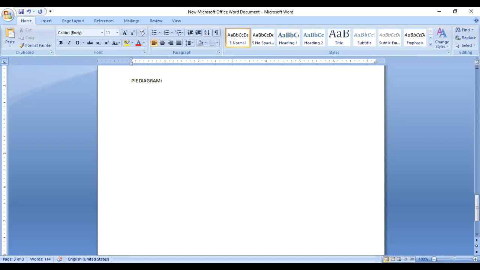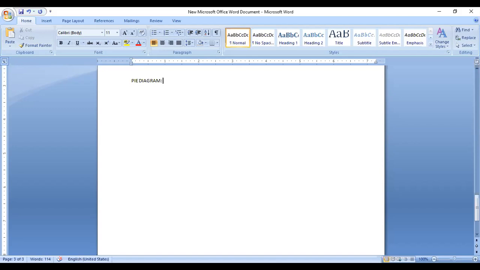That is why any data should be made equal to 360 degrees by drawing a circle with a radius of any length. For each component, you have to find the number of degrees that can be assigned to it. If the total is 360 degrees, you have to divide accordingly. For example, if the total is 40,000 units and a component is 10,000 units, then it will be assigned 90 degrees, because 10,000 by 40,000 into 360 gives 90 degrees.